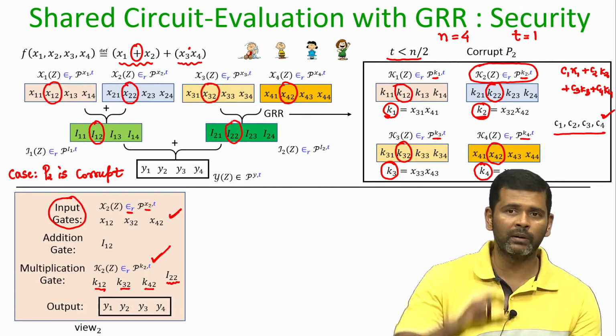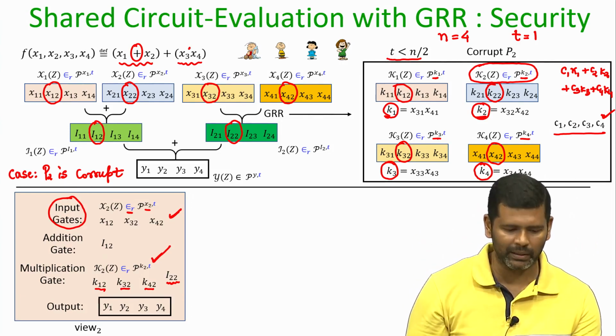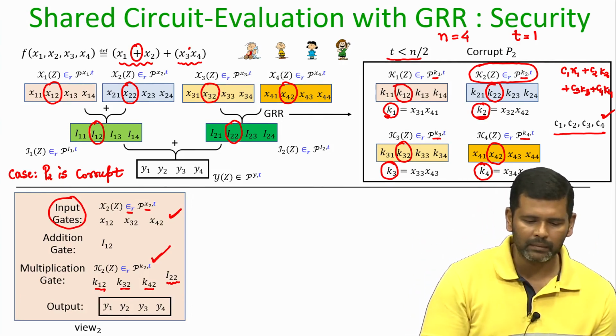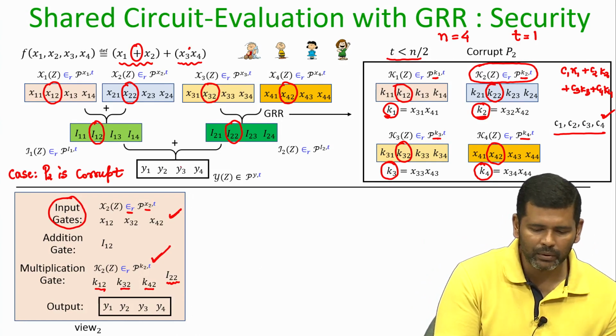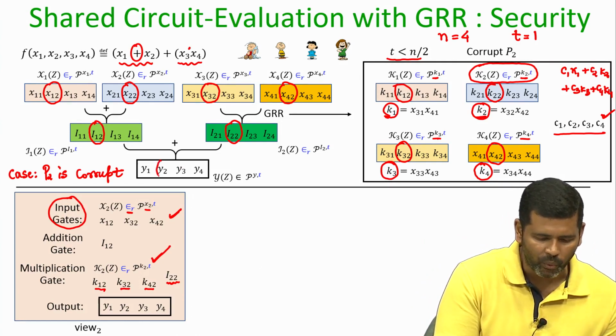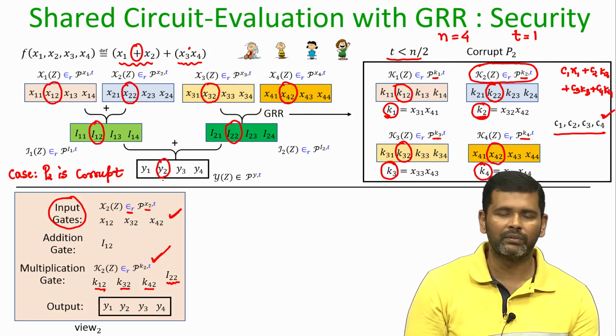That will be the overall view of P2 with respect to the multiplication gate. And then P2 will add I12 and I22, so it will obtain Y2. So, that will be a part of